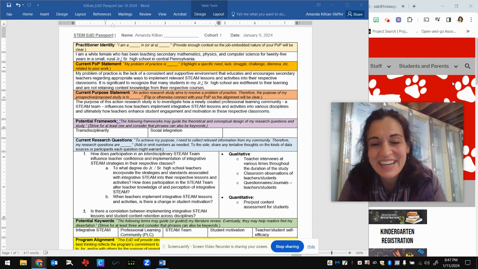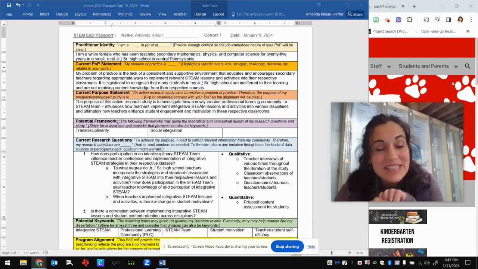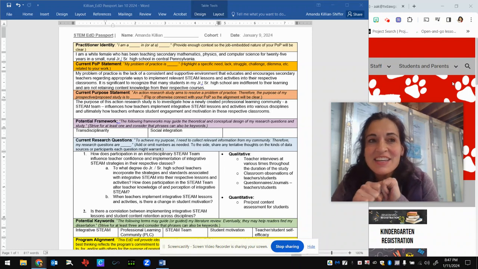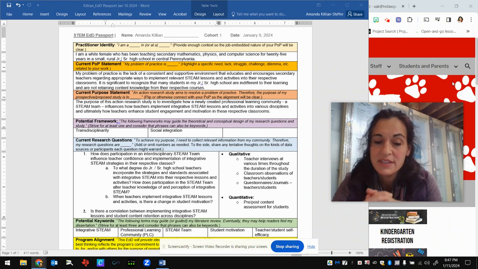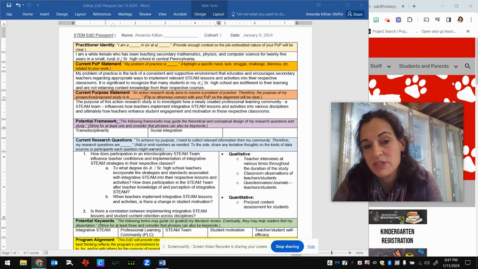So my framework here is, well, let me back up. I want to create a STEAM team, and I actually did do this back in 2019 when I had different administration, and so then that didn't last very long.